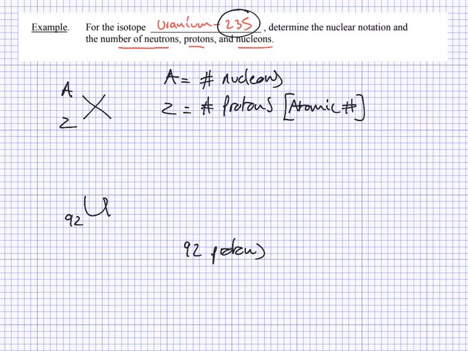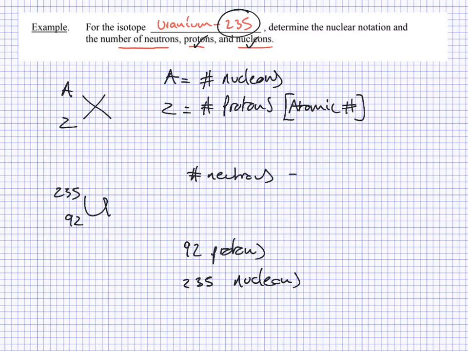So uranium 235 is the element number. 235 is the nucleon number, the isotope number, if you like. So that's going to go here, 235. So 235 is the number of nucleons. Well, how many neutrons do we have? We've got protons, we've got nucleons. How many neutrons are there? Well, to get the number of neutrons,